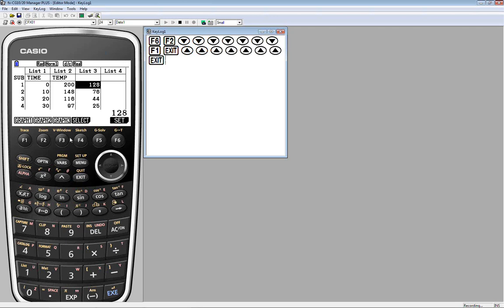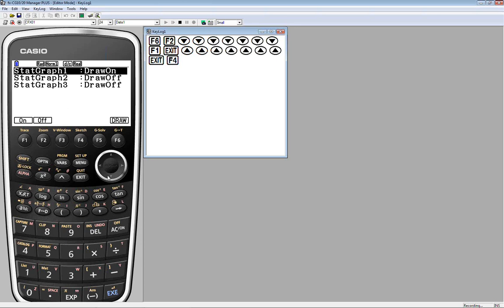Now, here's something to be careful about. If you push F1, you see graph number 1. If you push F2, you see graph number 2 only. The way to see two graphs at the same time is to make choice F4. It says select above there. F4. Number 1 is on. We'll cursor down to number 2 and also use the F1 key so they're both on. And then from this screen, you want to push F6 that says draw.